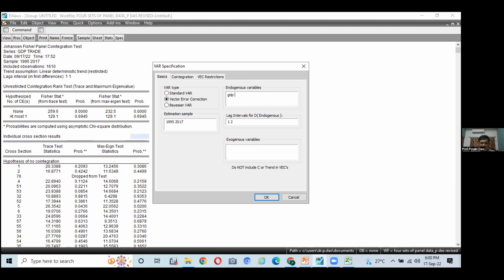Suppose GDP first and trade is the other variable. When we write GDP first and trade second, then trade is treated as the independent variable and GDP is treated as the dependent variable. But in the results, we will see both GDP on trade as well as trade on GDP, both results will be available after estimation. Okay, this is the selection of the variable for the vector error correction